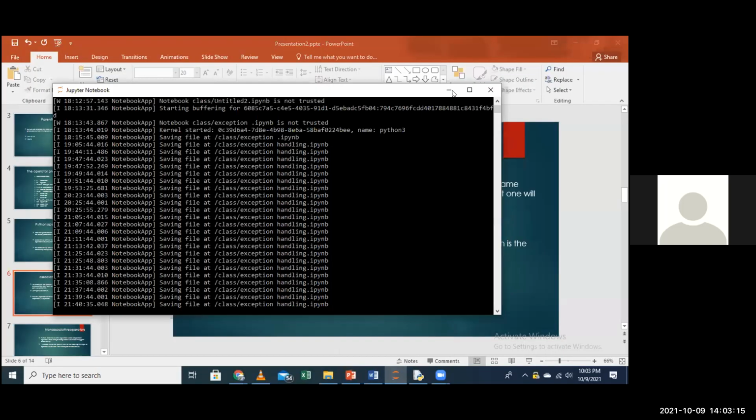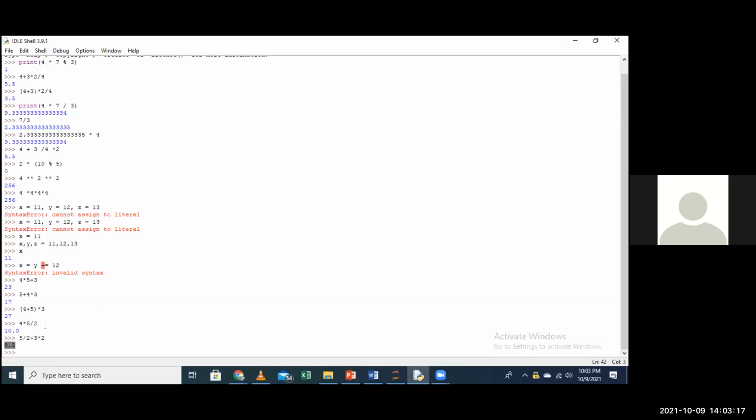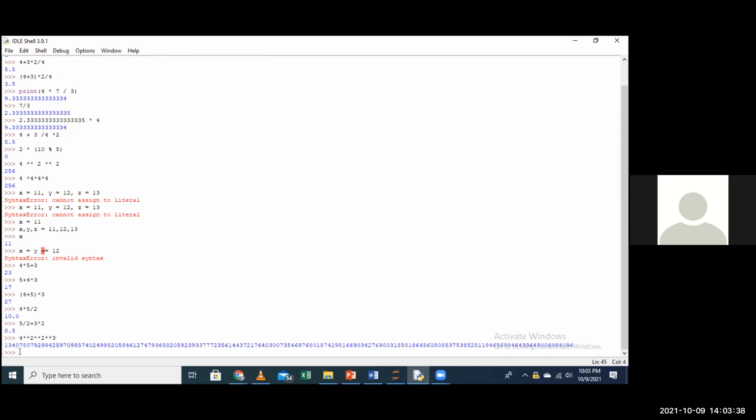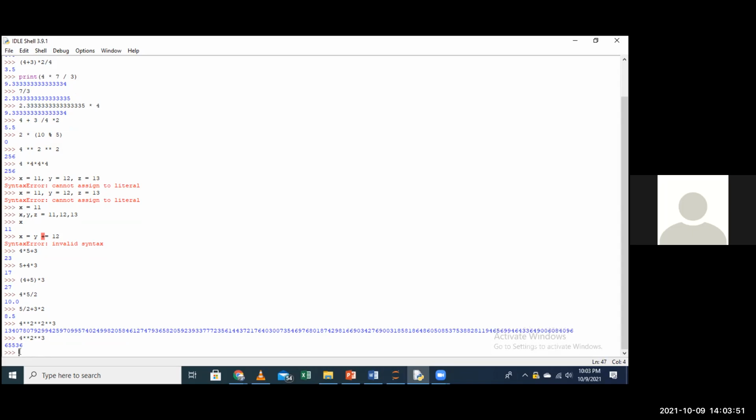let's see an example of this. Maybe 4 raised to power 2 raised to power 3. Enter. That's a very long number. Let's just have 2 of them.